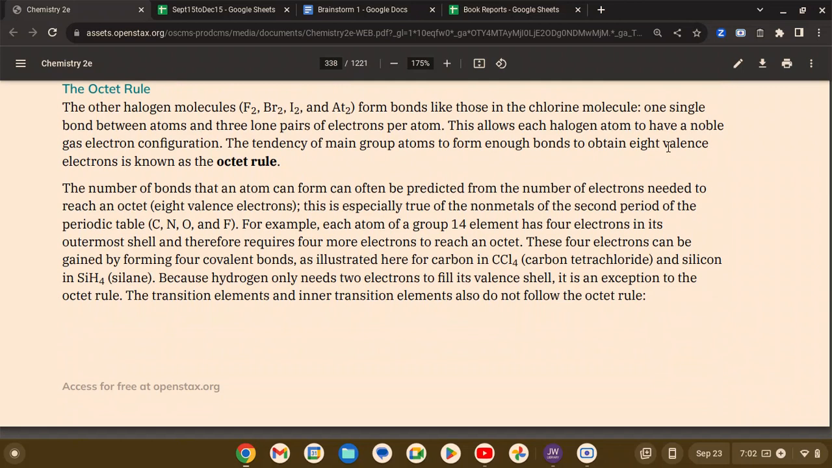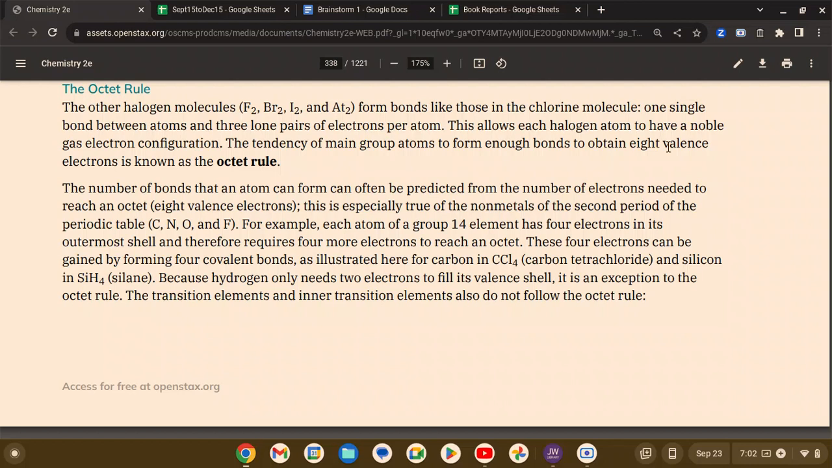The tendency of main group atoms to form enough bonds to attain 8 valence electrons is known as the octet rule. The number of bonds that an atom can form can be predicted from the number of electrons needed to reach an octet. This is especially true in the nonmetals of the second period of the periodic table. For example, each atom of a group 14 element has 4 electrons in its outermost shell and therefore requires 4 more electrons to reach an octet. These 4 electrons can be gained by forming 4 covalent bonds, as illustrated here for carbon in CCl4,